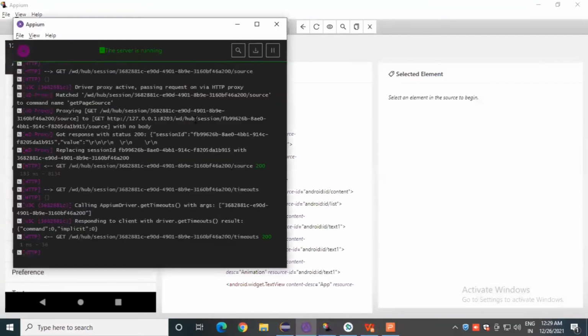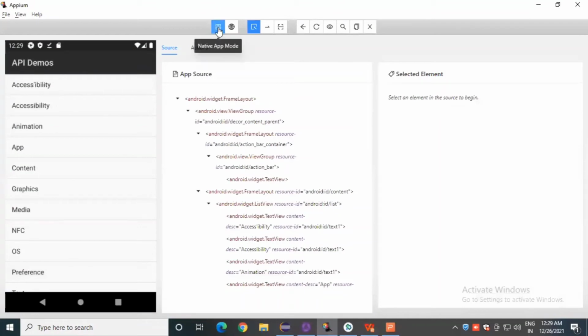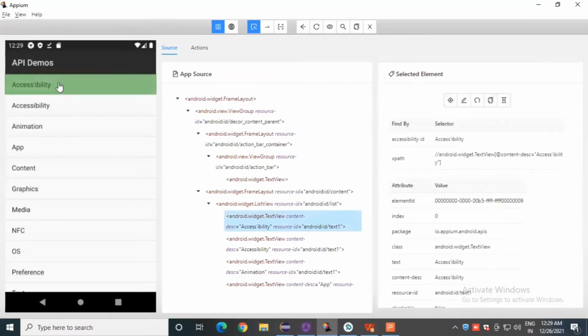As this is a native app, we have selected this native app mode, and through this icon we can start inspecting the element. So if I want to click on this accessibility ID, I'll just inspect this accessibility, and here we go. Here is the find element by, and these are all the attributes.